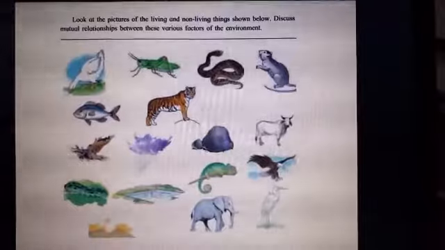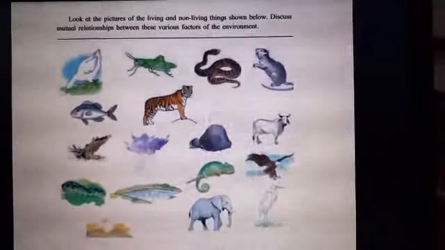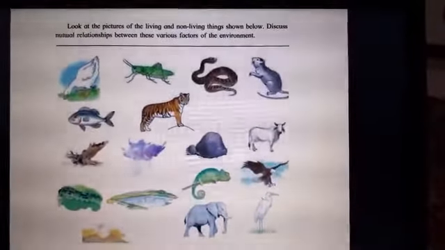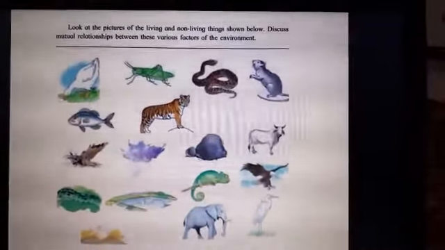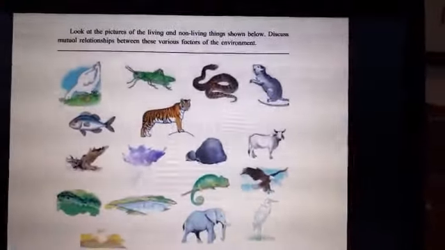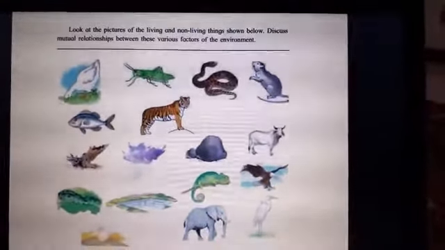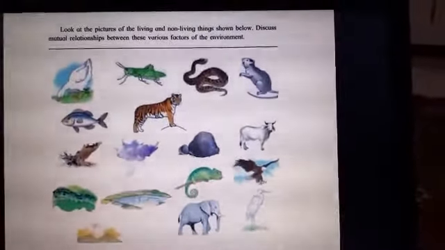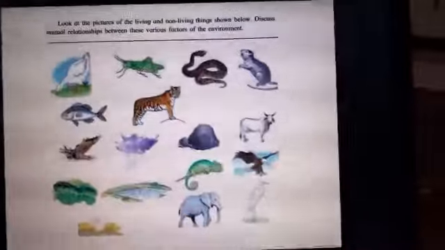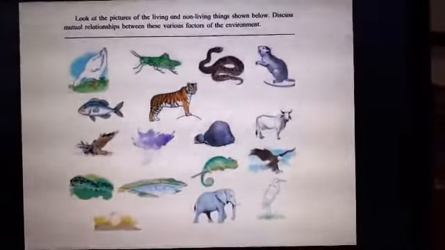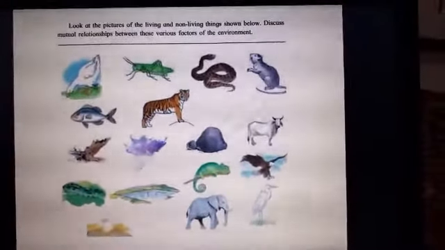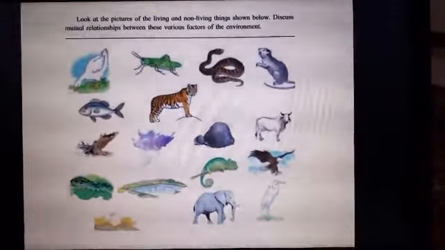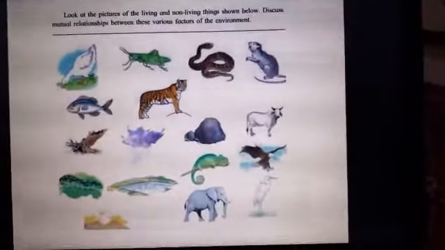So stone is there. Now under the stone we have what? The animals which live in the soil are hidden under the stone. Also we find snails, meaning living things grow there also, isn't it? So it is the picture of the various birds, animals, non-living things. So you have to find out the interrelationship between them, that is, the mutual relationship which is there between these things. Will continue in the next period. I hope this is clear to you all.